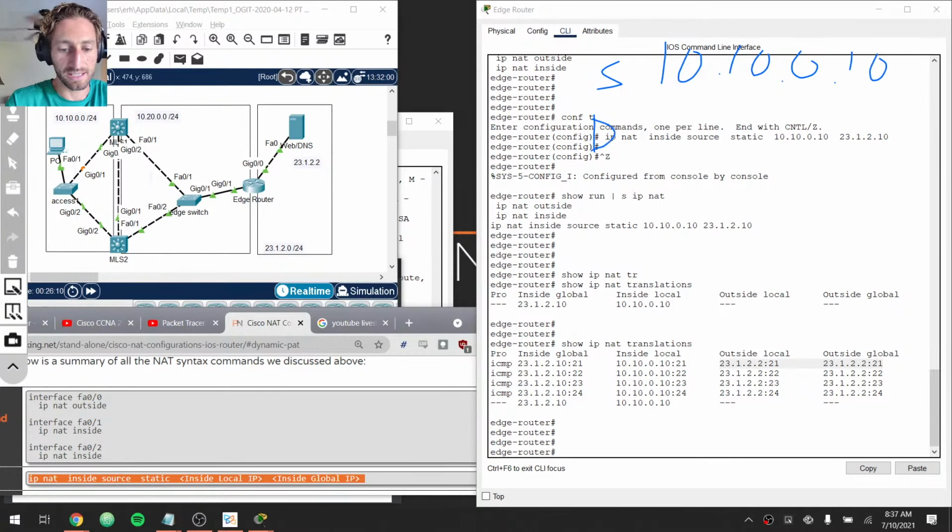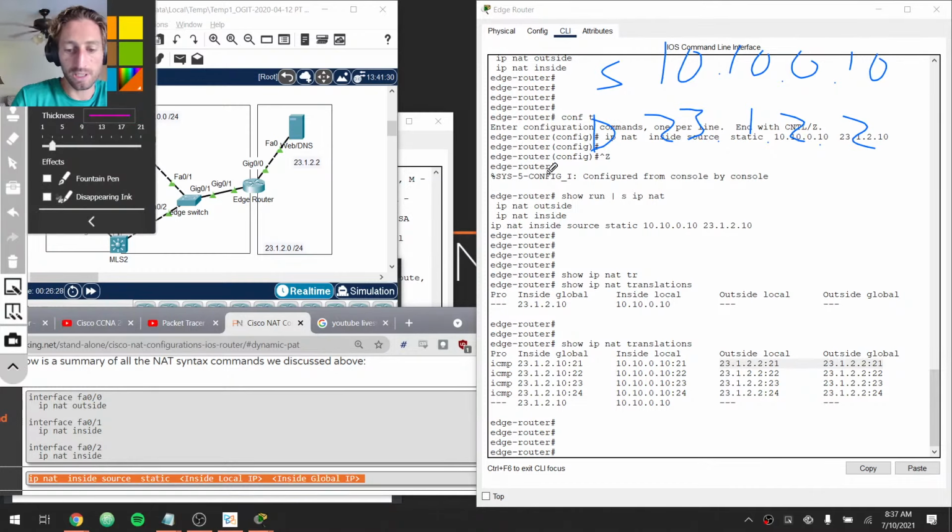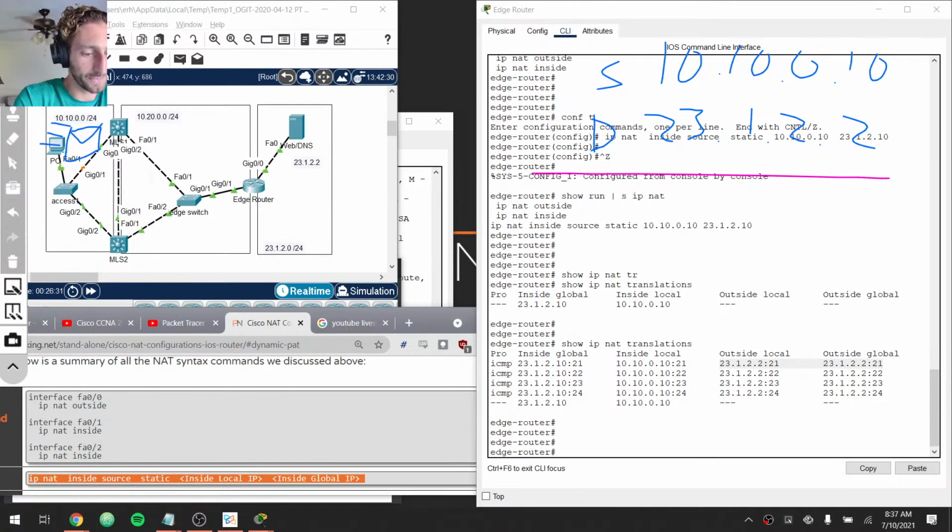10.10.0.10 and a destination. That's the packet right here. So this is the packet when it left PC1. It had a destination of the server, so 23.1.2.2. And then after the translation, we'll go with a different color. After the translation, so the packet over here, rather. My cool little flying envelope had a source of,